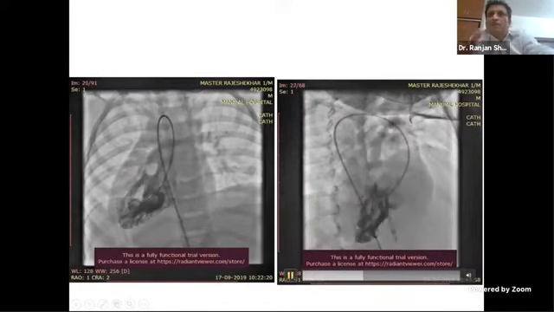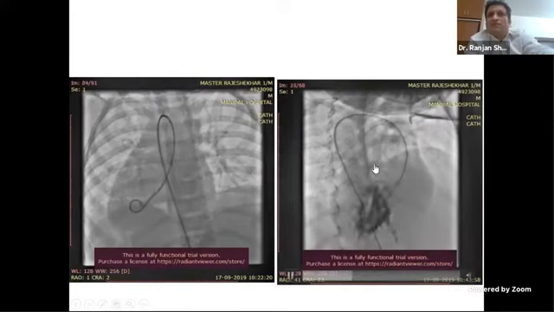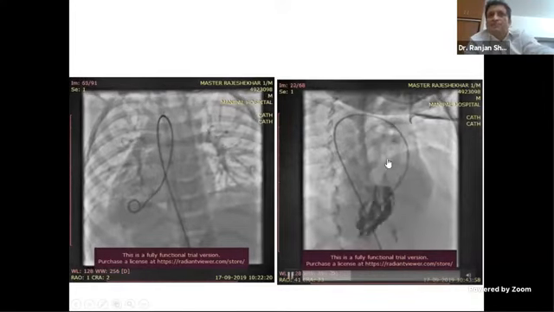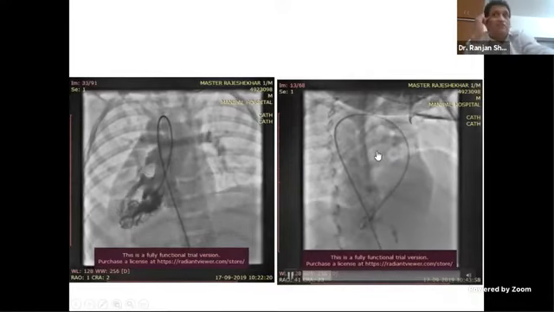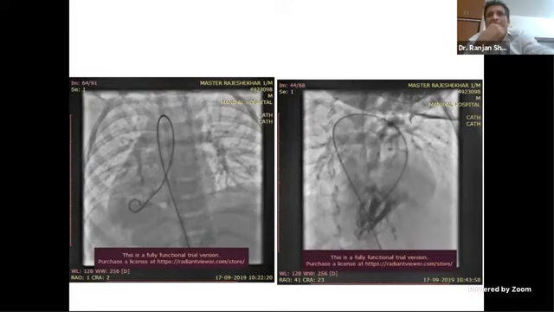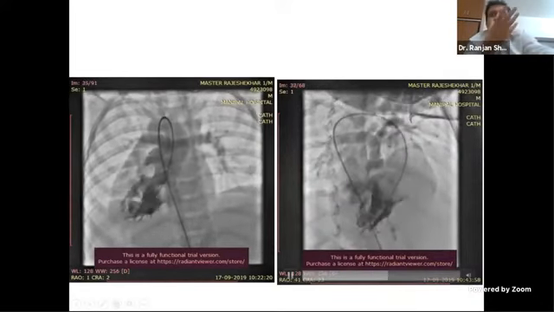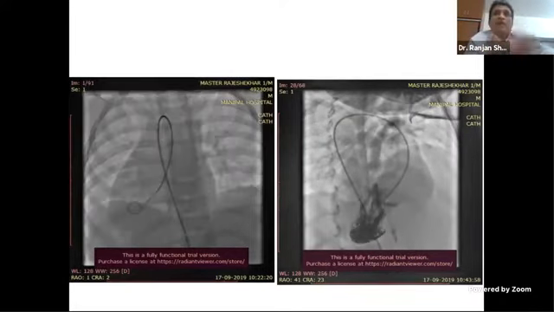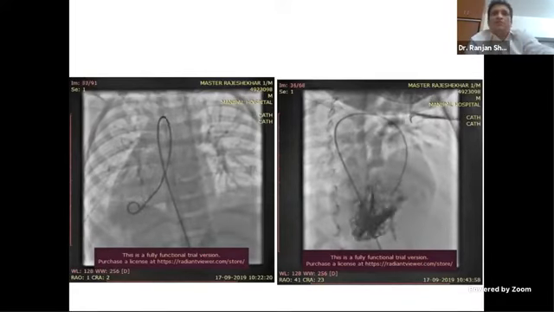If there's no PS, the PA is bigger. Here PA looks slightly smaller, so there must be some PS somewhere. See here, compared to aorta, which is here, aorta looks much bigger, PA looks smaller. So this is DORV, VSD, PS. DORV, you know, lots of questions are asked in DORV. It's admixture physiology, the way it behaves, depending on the type of VSD, depending on whether there is PS or no PS.